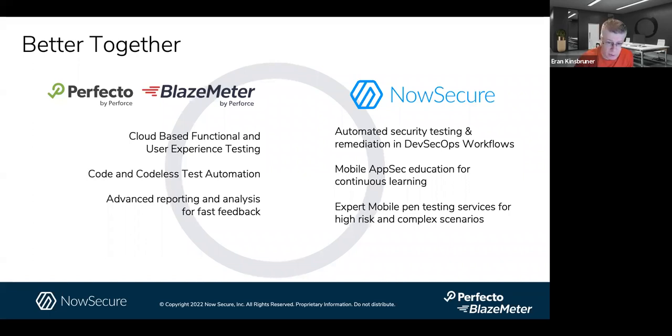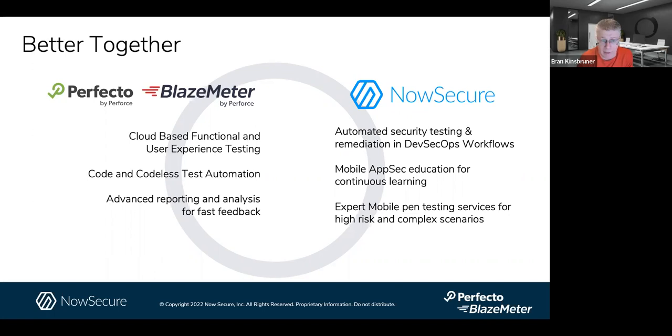And with almost a bi-weekly release of new iOS versions and patches from Google on Android and new browsers that are also coming to the mobile devices, you need velocity, you need visibility into what's happening in your pipeline.